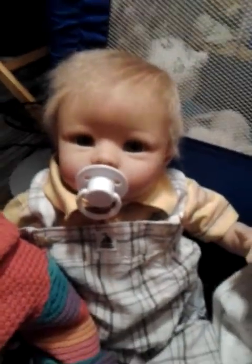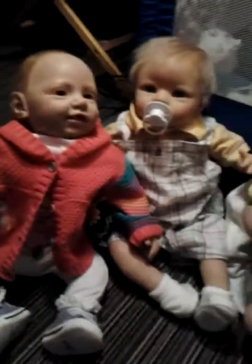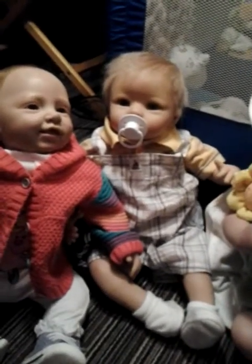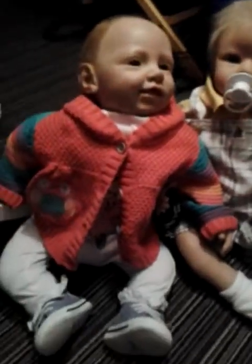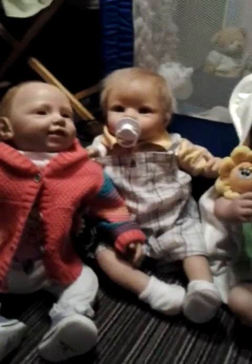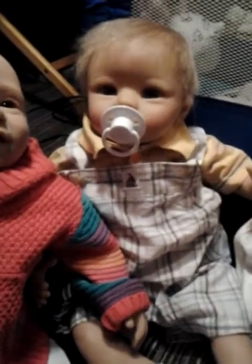He needs new batteries in, and I've explained in my other videos that I had a few problems with him at the start, but the people where I get my dolls were very willing to take off a lot of money because of this, so I was very lucky. In fact, and he has a mark on him, but he is my beautiful boy, and I really love this